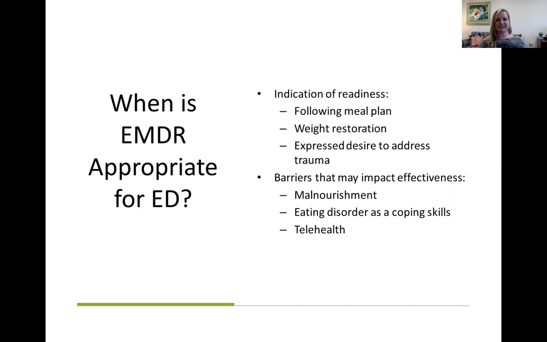And then telehealth isn't necessarily a barrier, but is something where you have to really talk about, like, okay, here are the risks. What are we going to do if the computer dies in the middle of session, that sort of thing? What are we going to do if technology fails us? And so having kind of a conversation of risks and benefits before just jumping into it. Also making sure there is an awareness of their environment. As a practitioner, you need to be aware of what's going on around you that might be making you feel safe or unsafe.